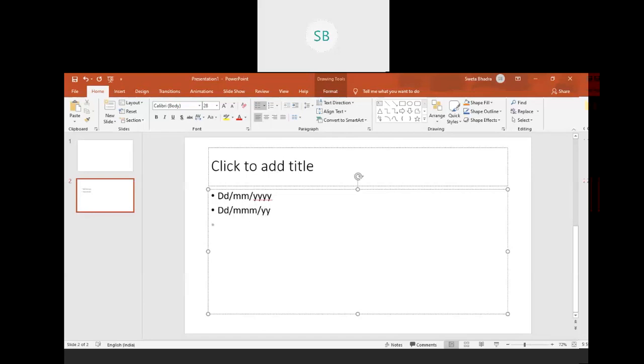This is also possible. Also we can have YYYY, MM, DD, or MM, DD, YYYY. So these are the values that date can contain.